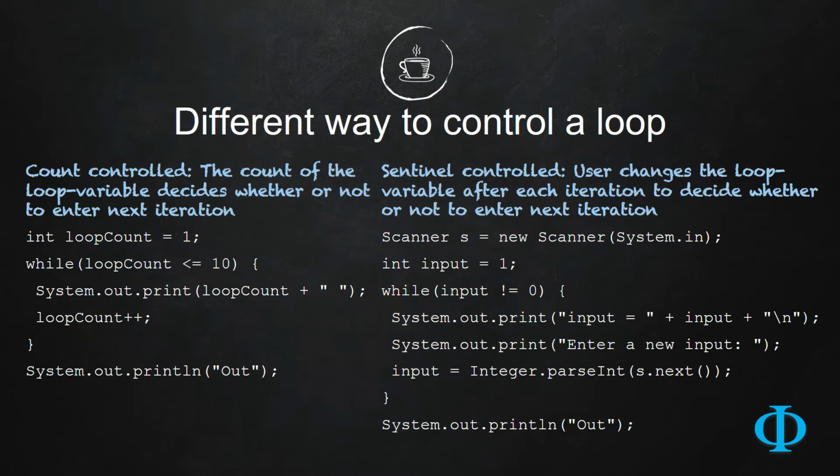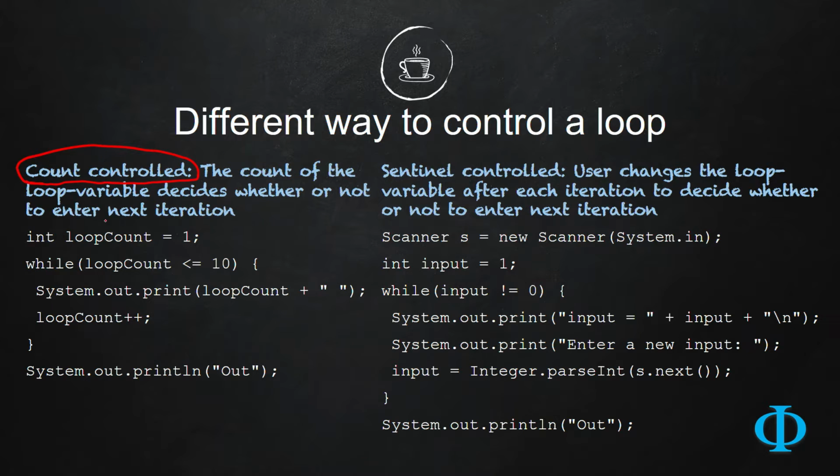There are two different ways how you can control a loop in Java. The first one is called count control loop. Count control means the count of the loop control variable, or simply the loop variable, decides whether or not to enter the next iteration. Whatever example we have used so far for explaining loop, they are all count control loop,